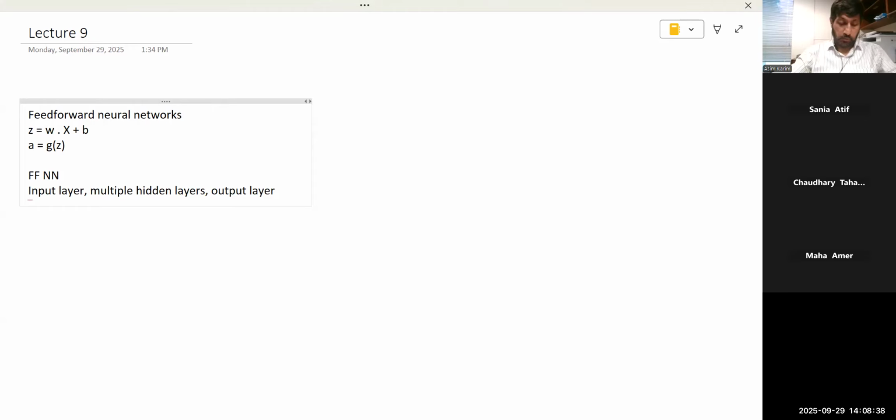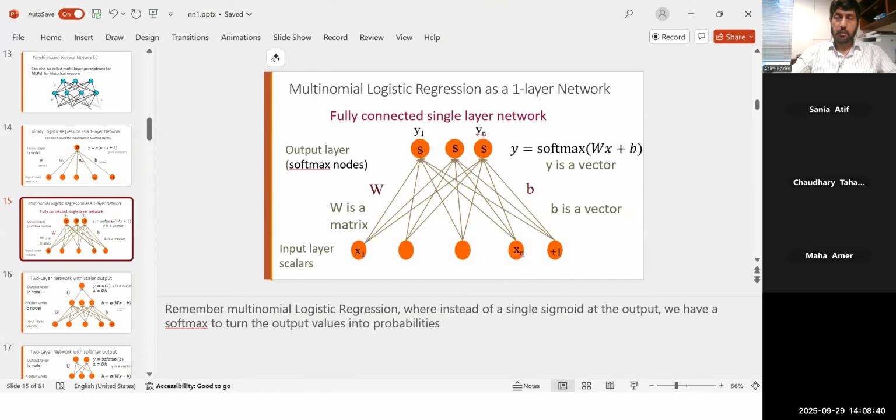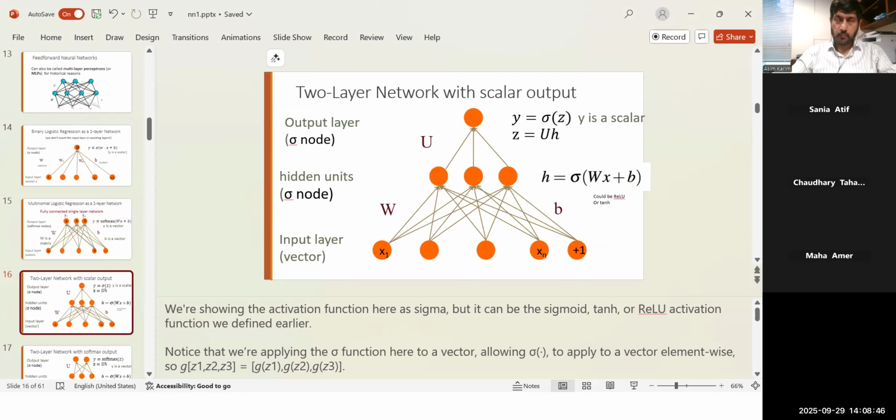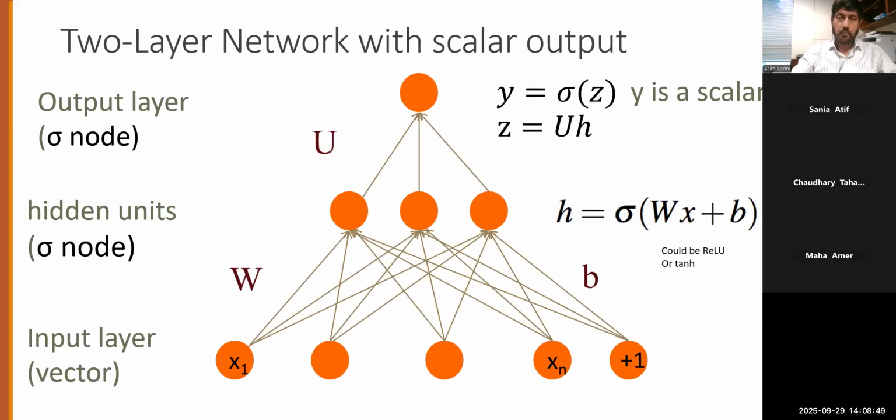Okay? So let me show you that figure as well. So this is a two-layer network. Remember, when we are counting the number of layers in a neural network, we do not count the input because the input does not have any computational nodes. They just have values coming in. Okay? So this is a two-layer network, one hidden layer and one output layer. And this has one unit as the output layer, so kind of doing binary classification. Okay?